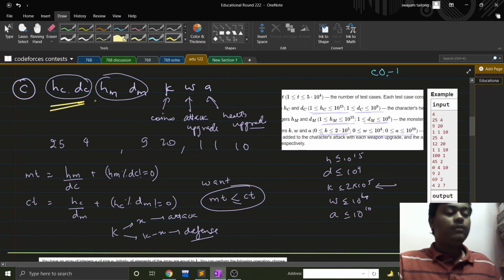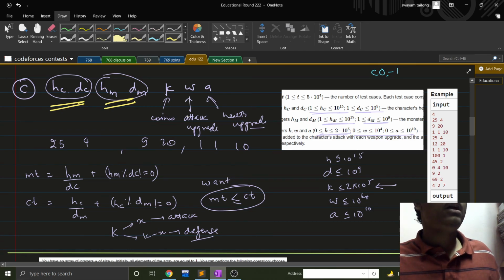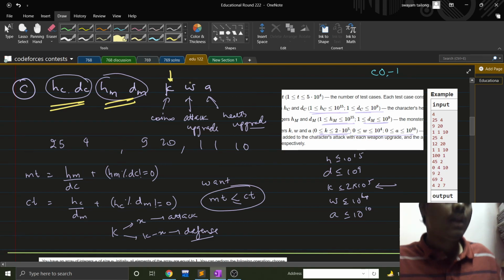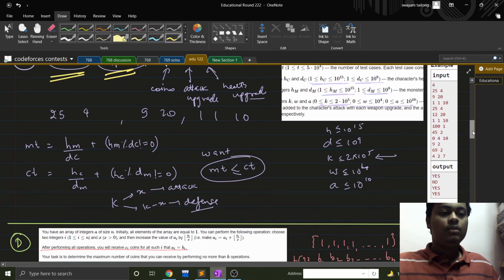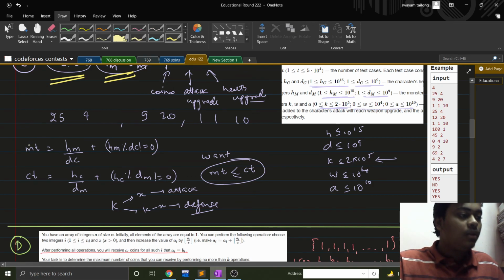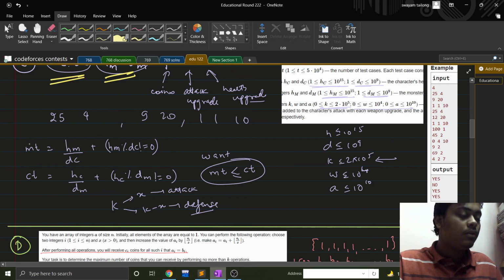the health and attack value of the character, then the health and attack value of the monster, and the number of coins I can use. In each coin, either I can increase the attack of the character by W or I can increase the health of the character by A, right? So the thing is that this is the number of times